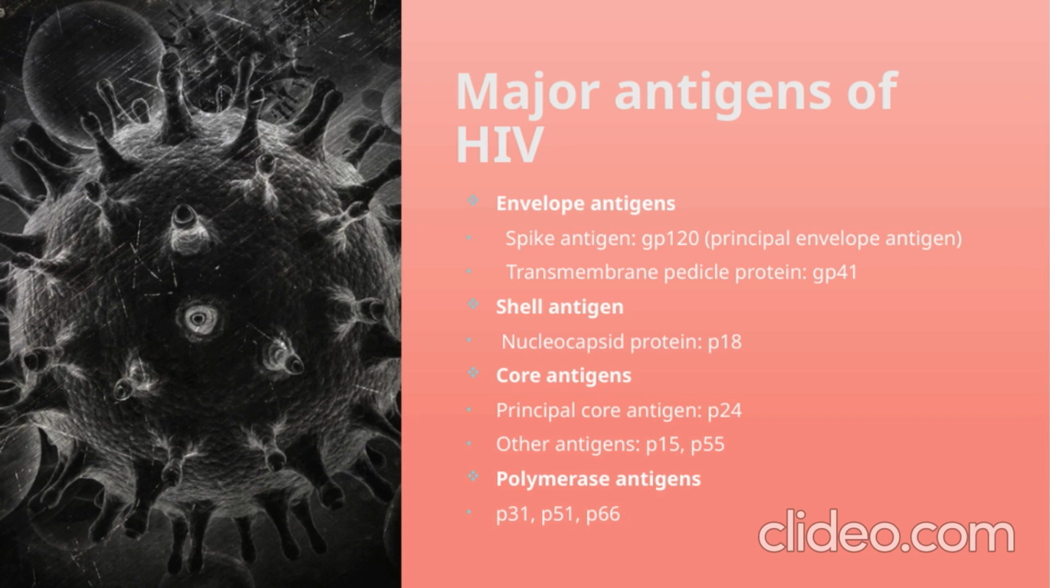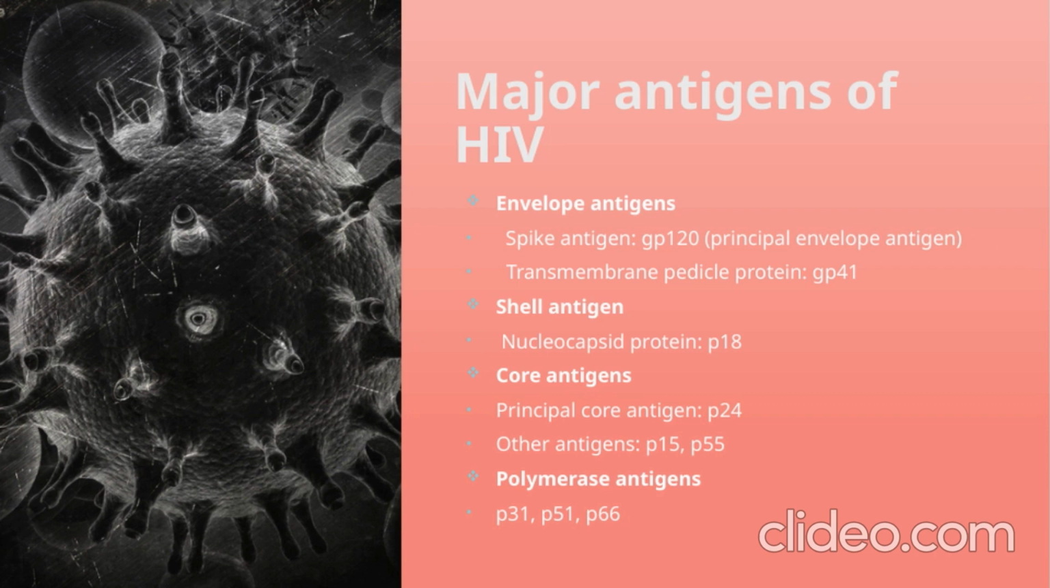shell around the viral RNA. This shell is essential for protecting the genetic material as the virus travels and infects new cells. Next are the core antigens. The main one here is P24, which is often used as a marker in HIV testing because it appears early in infection. Besides P24, there are other core antigens like P15 and P55, which also contribute to the structure and